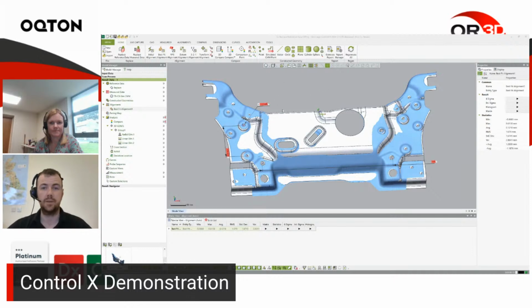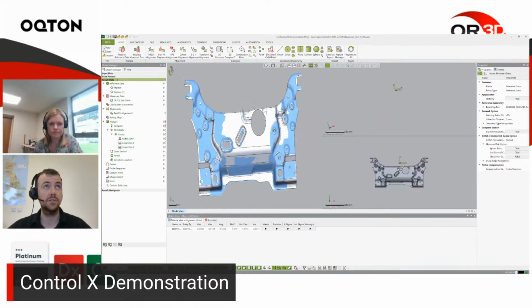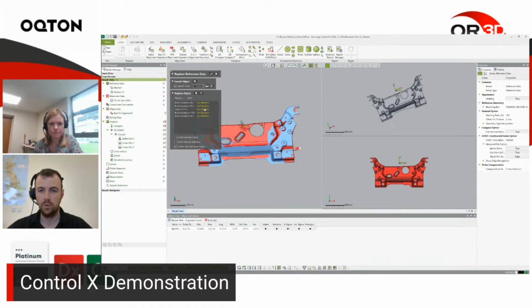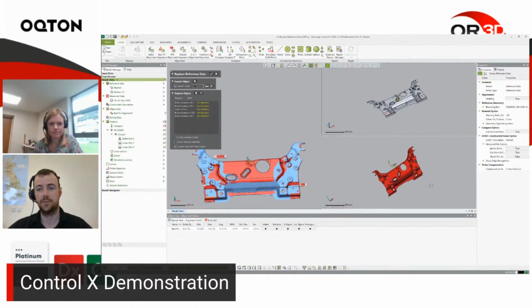The import dialog appears, which unfortunately is not shown because I've shared the application window and not my screen, but I'm just going to select the new CAD file, and you'll see that now comes in. Once it's imported, we're taken into the replace reference data tool, which will look similar to some other tools in ControlX if you're a frequent user. Up on the top right here, we have our old reference data, and our new reference data is down in the bottom right. Over on the left-hand side, we have a dialog tree,